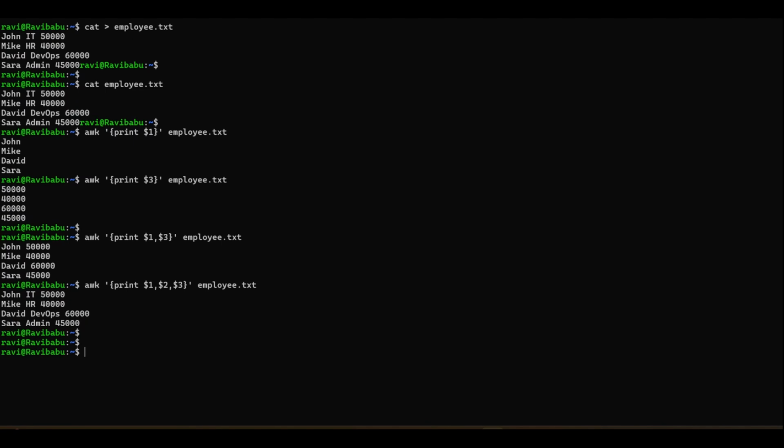move advanced. We will filter by salary. Okay, we will move advanced with the AWK command. We will filter the salary. Like we can see they have various salaries like 50, 40, 60,000 and 45,000. Now the idea is whoever has more than 45,000, that list needs to be displayed here. So for that we will use